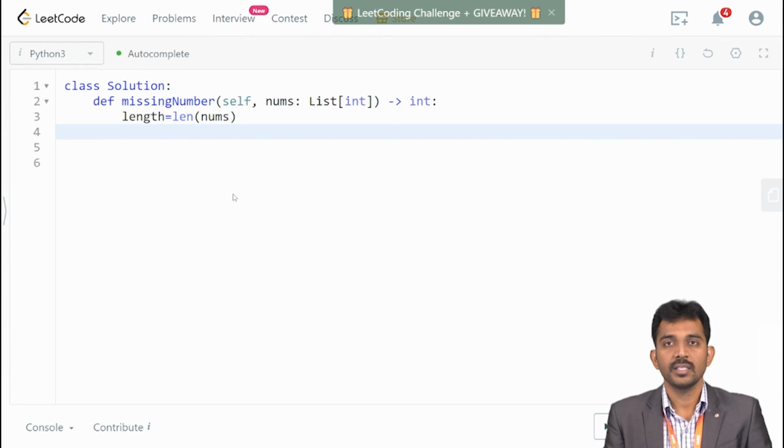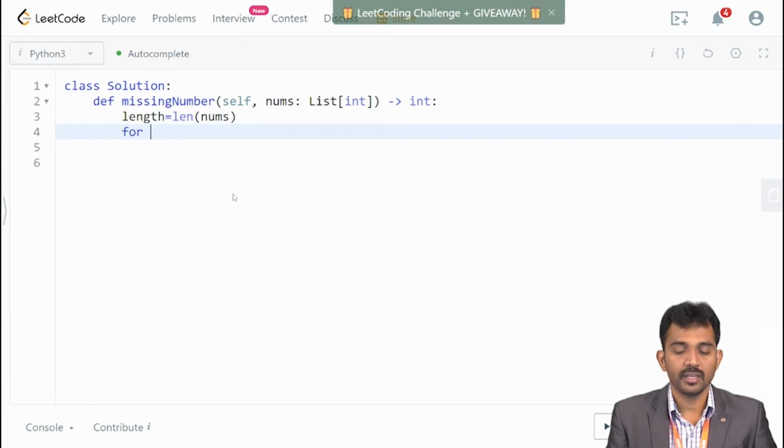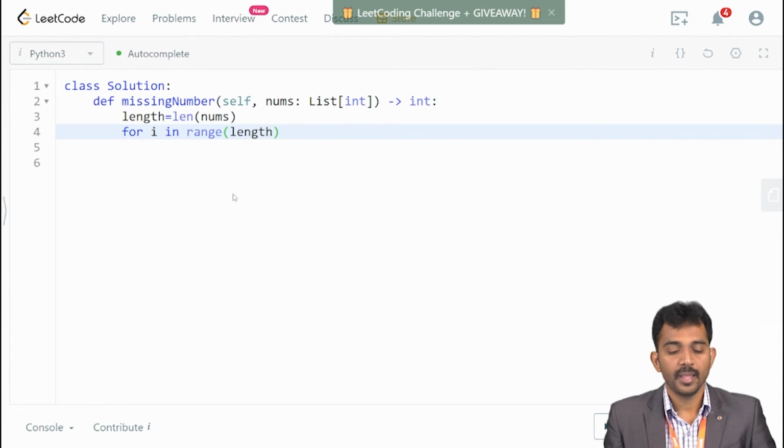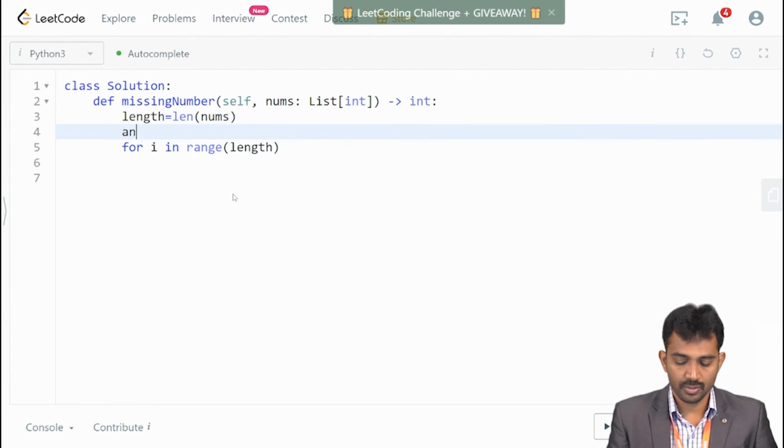Here the length is 3, right? Whatever it may be, it contains a length value. And I'm going to take a for loop over i in the range of length. Set answer equal to len, which is the length.